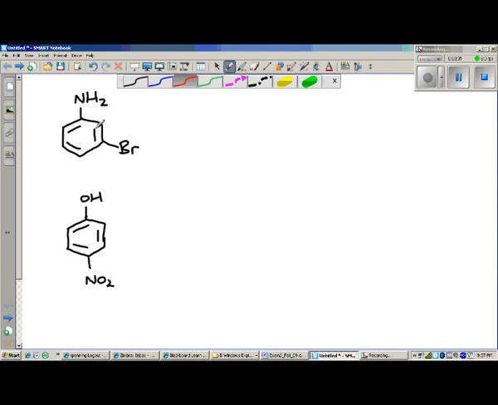It's a cyclohexane with 3 double bonds, but when they're conjugated like this it gives us a compound called benzene that is unusually stable. And so the root name here most commonly is benzene. So if I was to take, for example, a